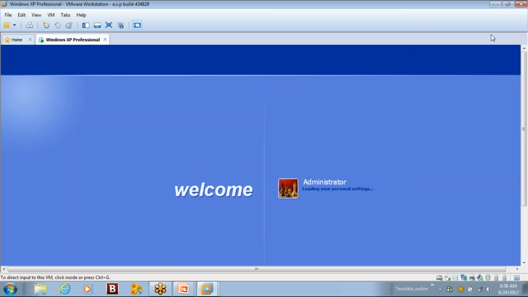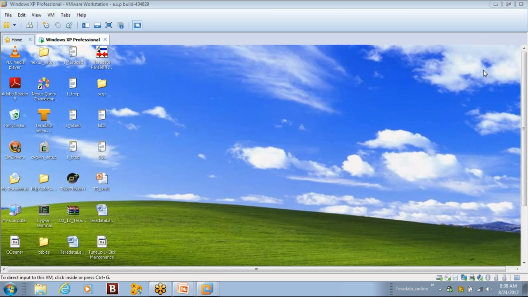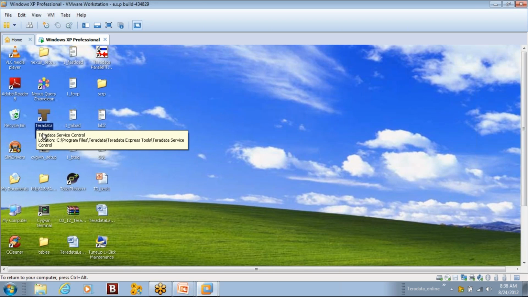This is my XP system which is booting through a virtual machine. Once you install Teradata, you will have Teradata Service Control on your desktop. This is the starting point where you can start the Teradata service engine.